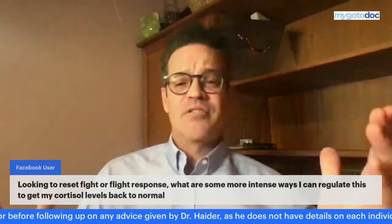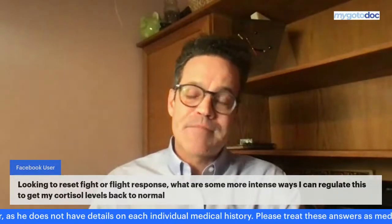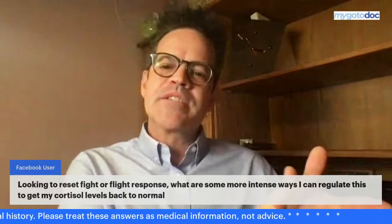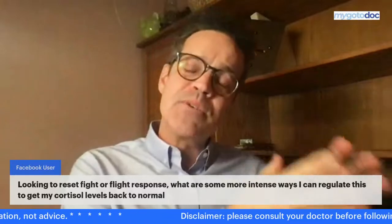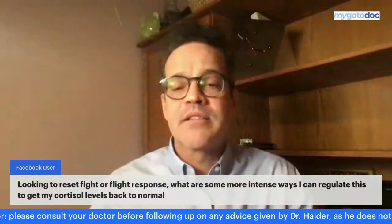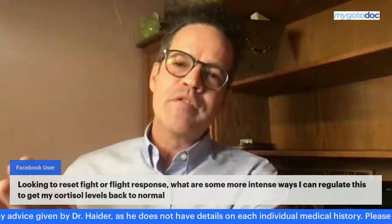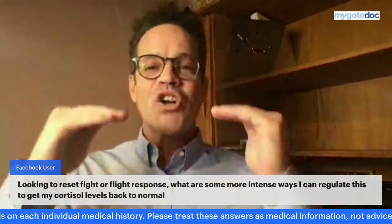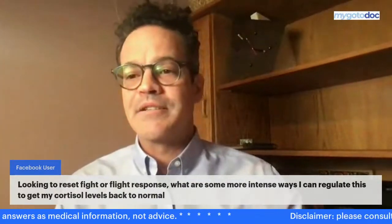And the vagus nerve is very, very important to help balance out imbalances of cortisol levels. So there's the sympathetic nervous system, the parasympathetic nervous system. Cortisol in the adrenal glands is mostly concerned with the sympathetic nervous system, this fight or flight response that you may be experiencing. The parasympathetic nervous system is more involved with, instead of fight or flight, the feed and breed. So it's calming the parasympathetic nervous system, and there are lots of simple things that you can do to help